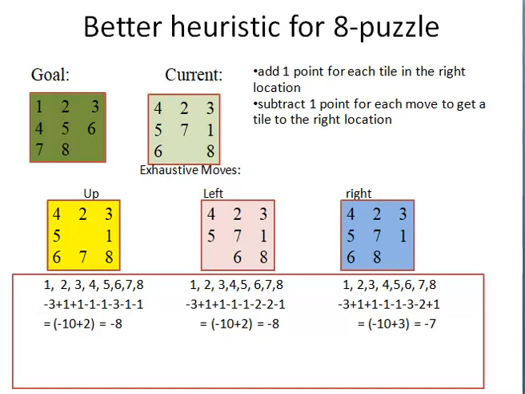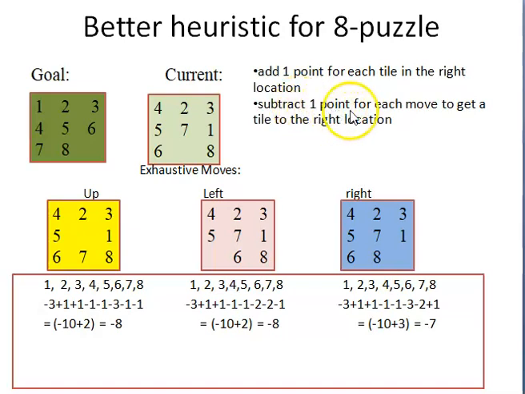Global means it considers not only the local position of a tile but also the global location of the tile and its positioning with respect to its neighboring tiles. That is why this heuristic is a better heuristic. So let us first understand how to calculate this heuristic. This heuristic says that you add 1 point for each tile in the right location